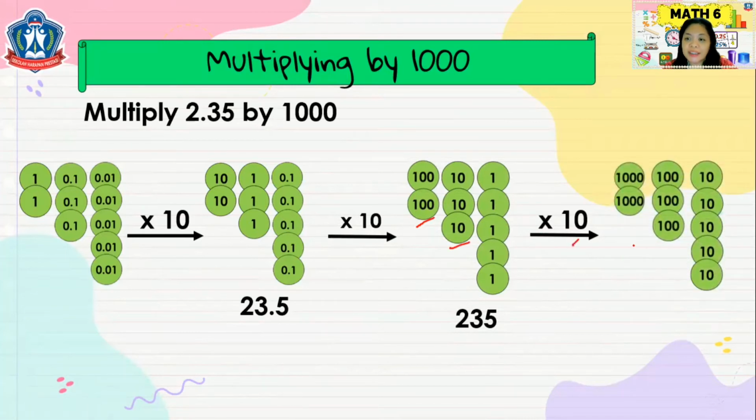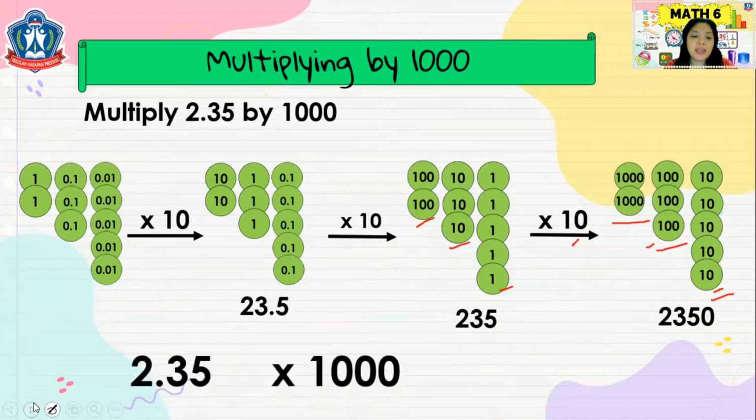30 times 10 is 300. 5 times 10 is 50. So what is our answer? This is 2350. Correct. So children, if we multiply a number by 1000, we just simply move the decimal point 3 places